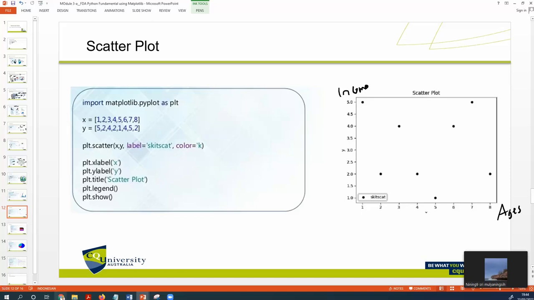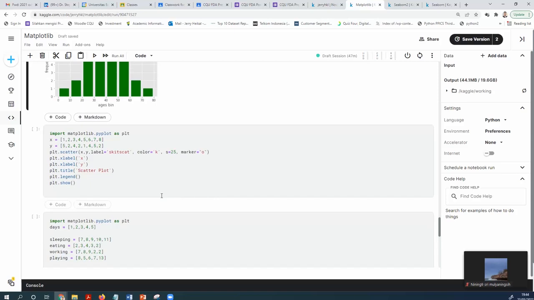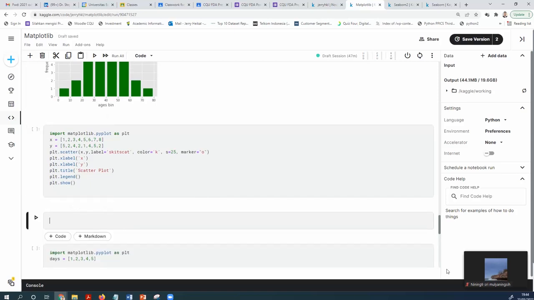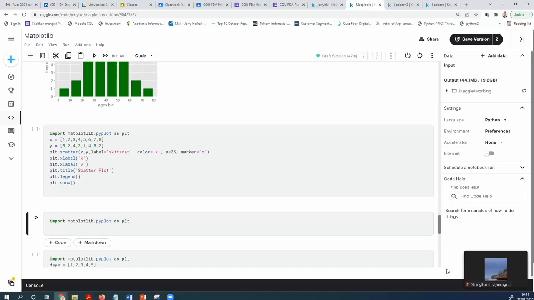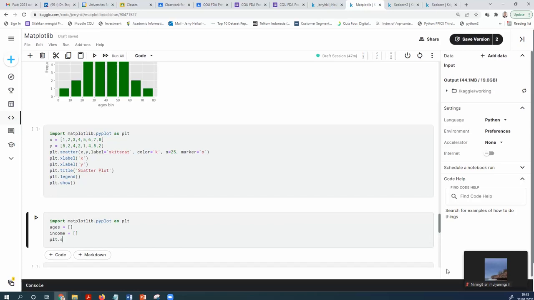Okay, let's do it. Let's import matplotlib.pyplot as plt, and then ages will be here, income will be here. plt.scatter, the x is ages, and the y is income. And then label is